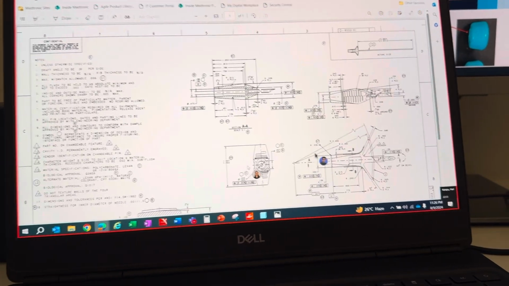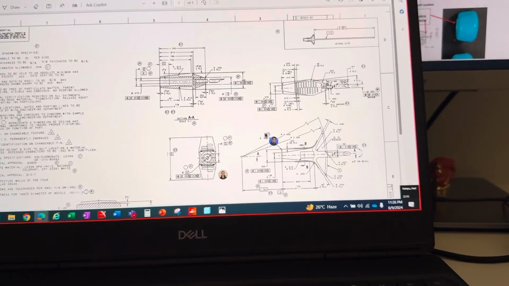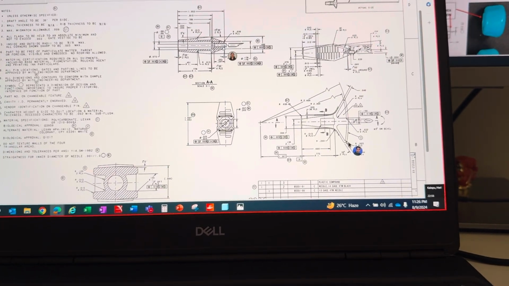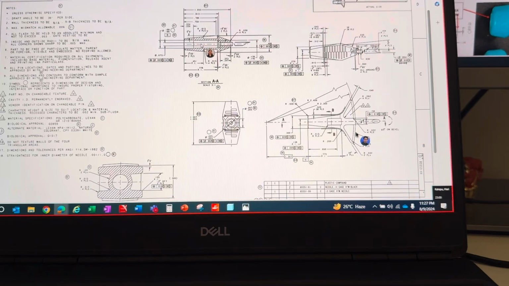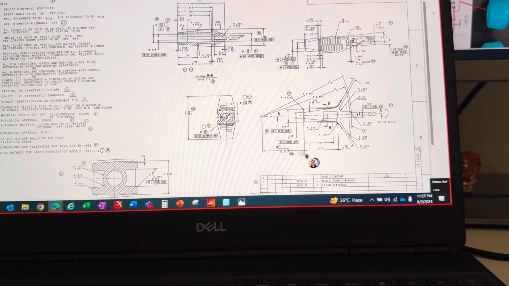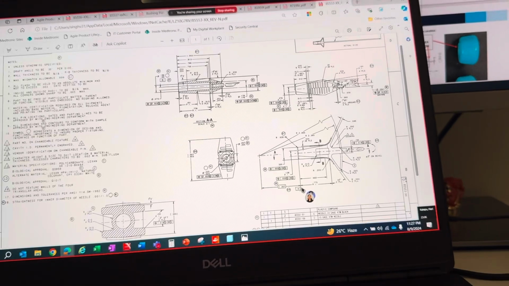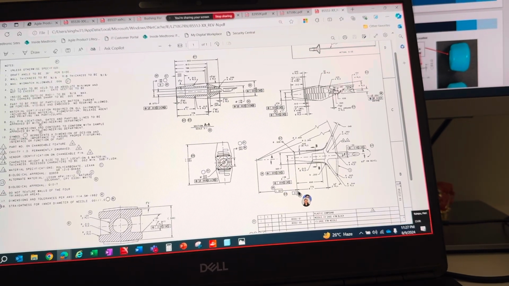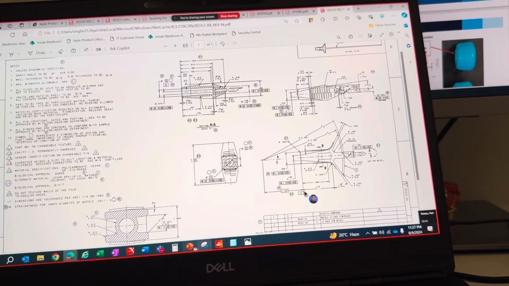Okay, it's downloading. So in this, see, this face is datum A. Yeah. Here, and from there,